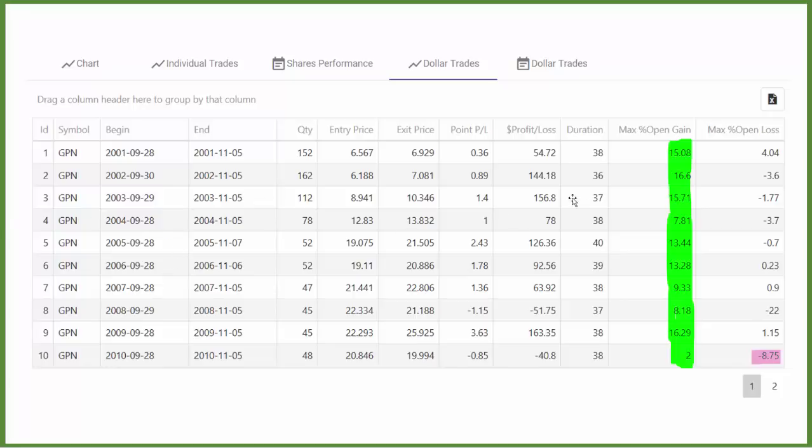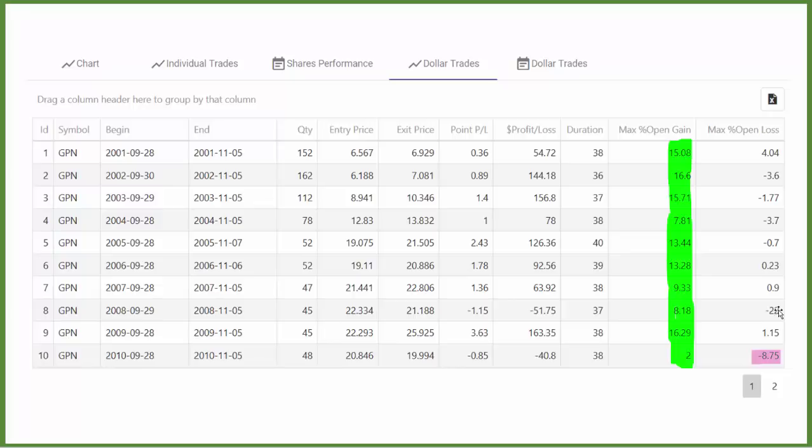So as you can see here, the max percentage open gain, which means that's the highest the stock went during the time period that's being analyzed, is tremendously high. It's in the teens most of the time. You've got a 7.81% here, but that's very good. You've got 15, 15, 13, 13, 9, 8, 16, and then you've got one here that's at 2. And then I compare that to the max open loss, and you can see that's very small compared to the max open gain. You've got one here that's 22 that I missed because of the decimal point, but that's a